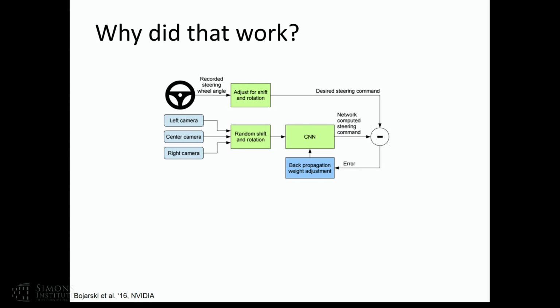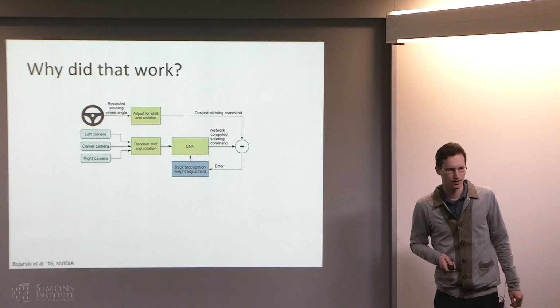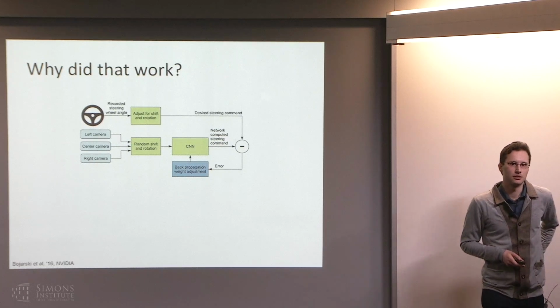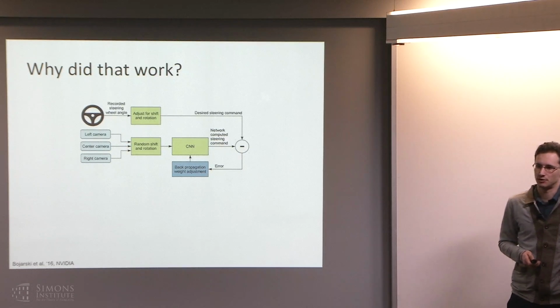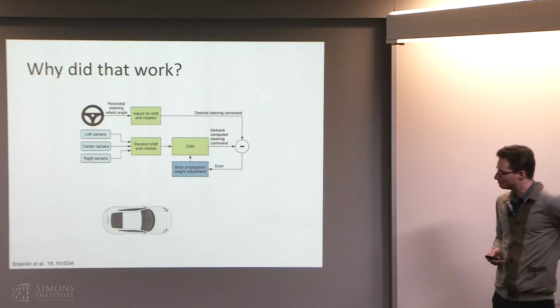There are some cameras on the vehicle. The images from those cameras go into a convolutional neural network. That convolutional neural network predicts what the steering command should be, and so on. And there's some adjustment, etc. But one thing that's maybe a little thought-provoking is that over here you have not one camera, but these three cameras. Okay, so what's going on there? Their network actually only processes one image at a time, but they have three cameras on their car. Well, it turns out that this is what they did.